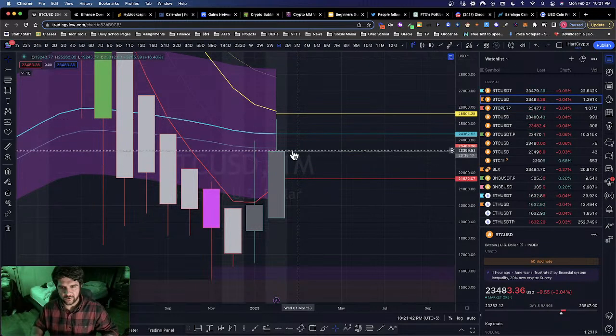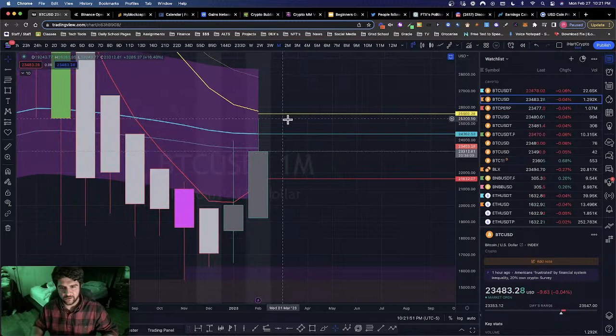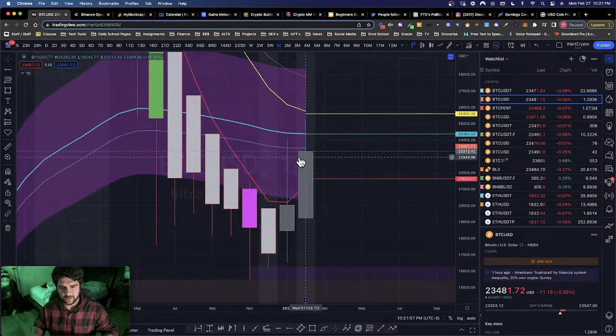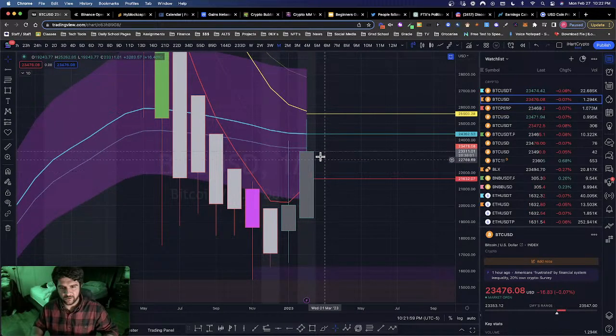Your monthly could close and you could get a reversal candle here. You're probably not gonna, though, right? In essence, you would think that you would get another candle very similar to this. We'll see. It could be a huge dump tomorrow, actually, and then your next monthly candle opens up down here. That would make more sense, wouldn't it? Anyway,